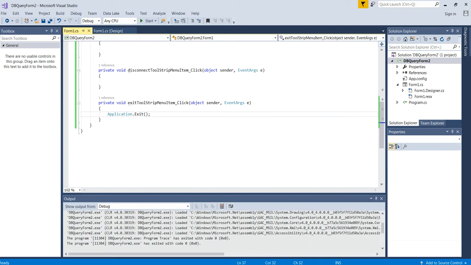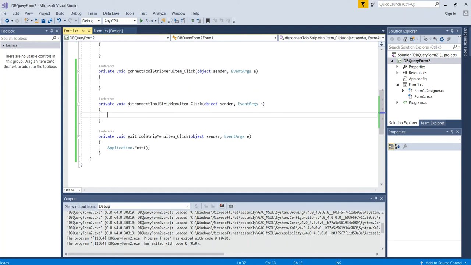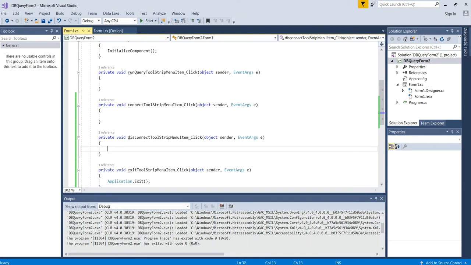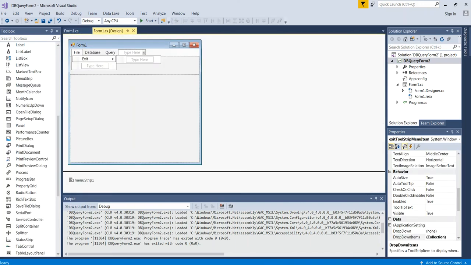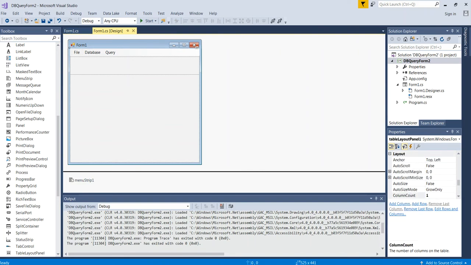And what we're going to do is we need to think about what's going to happen when we run this query. When we run this query, we're going to have on our form, back over here, in this area, we've got to have some destination for that data. Okay, now what is that destination? What is it that we want? Well,